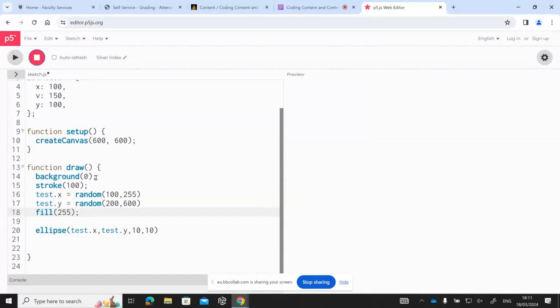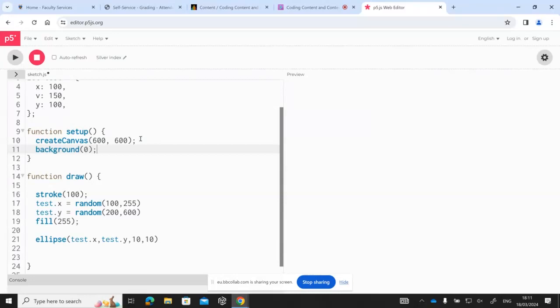All right, so just make a note. If you want the shape to stay on the screen and not disappear after showing up, you will have to use the background inside setup. Very important, if you want the shape to stay there after it shows up and not disappear, keep the background in setup. If you keep it in draw, the shapes disappear. That's how this is designed. So now if I run this,